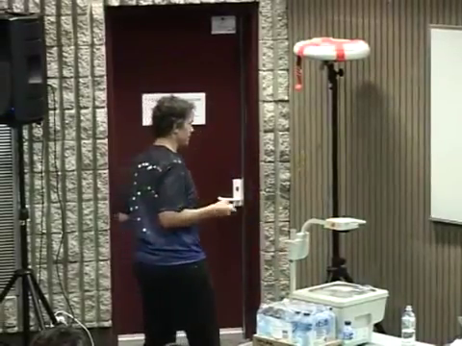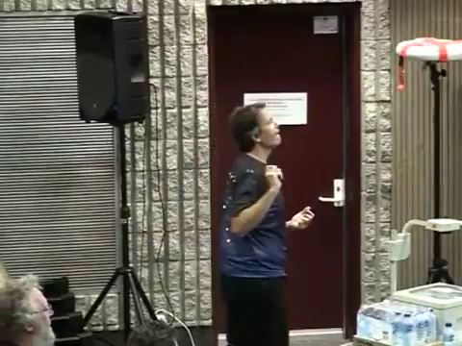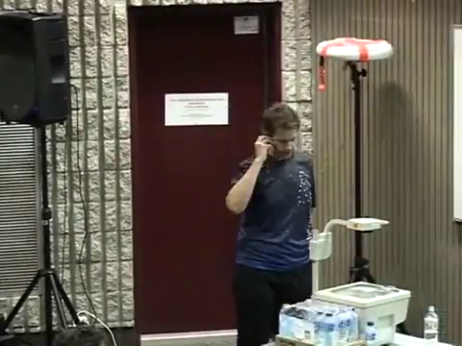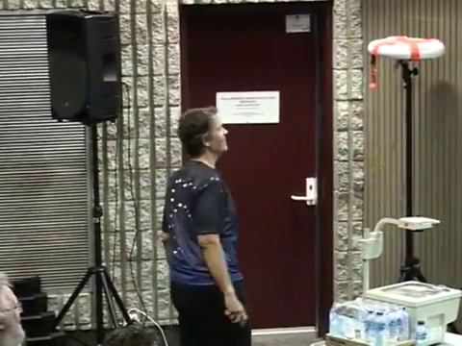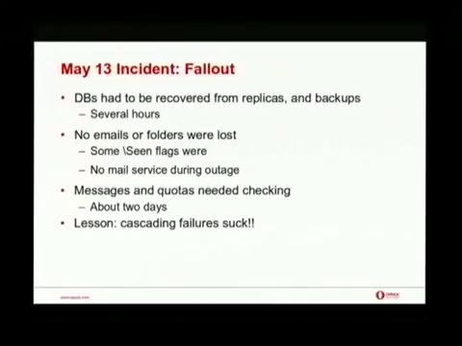So a few minutes after the rollout, before anybody could figure out what was going wrong, all the meta partitions on the smallest servers had filled up. And it turns out that our database code doesn't work very well at any no space. So they all got corrupted. It was a several hour outage in which all the databases had to be recovered from replicas and backups. The replicas didn't save us in every single case. No emails were lost, no folders were lost.